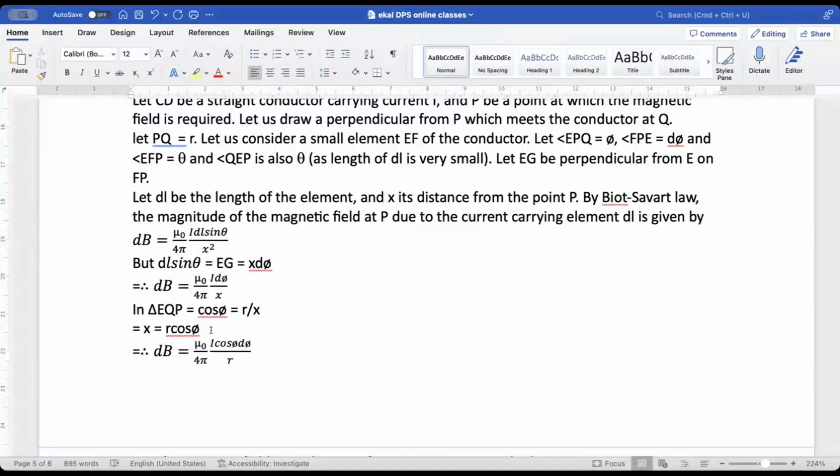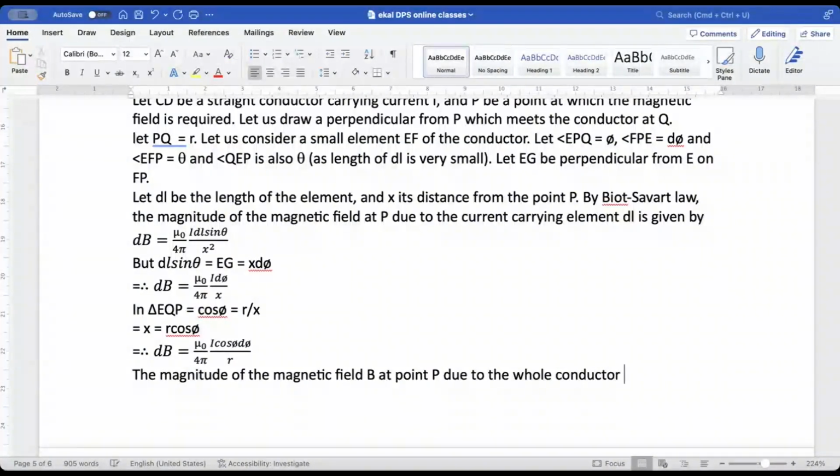Now, the magnitude of the magnetic field B at point P due to the whole conductor CD is given by,